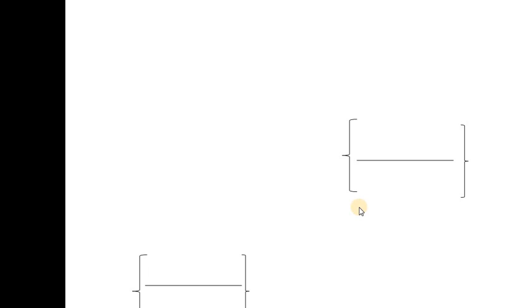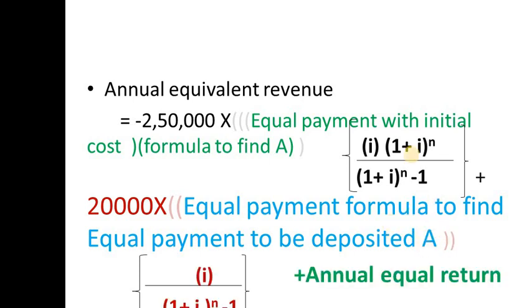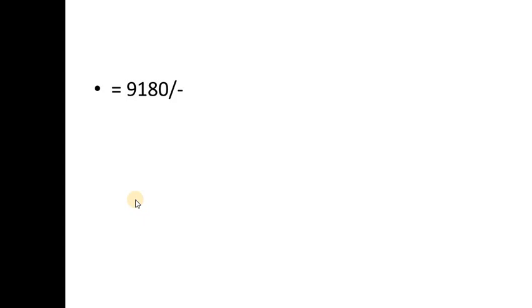So what formula I have to use? Already I told you. Investment means what formula? I made the investment, so every month I need to get certain money. In an equal payment series, I need to calculate how much recovery I will get from the investment. So formula 3 I should use. Next thing is plus salvage value. Salvage value 20,000 I should get, meaning every annual how much A I should get. Formula 2. Plus annual equal return, which is 90,000. So the answer is 9,180.